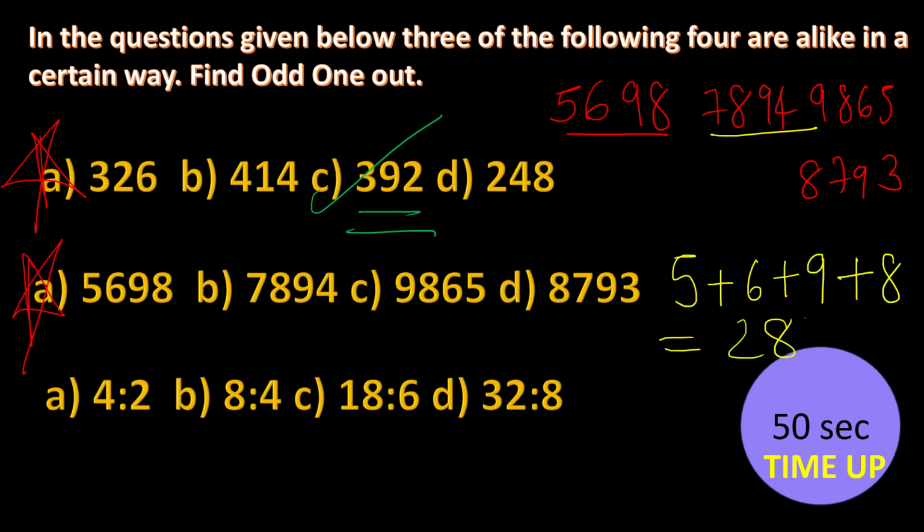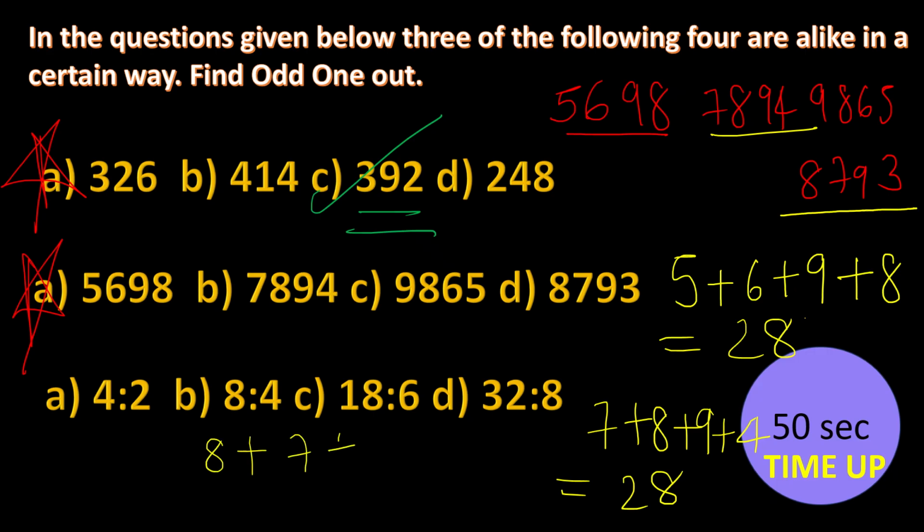If you take 7 plus 8 plus 9 plus 4, it will give me a sum of 28. So if you do the sum of 8793, I'll write here 8 plus 7 plus 9 plus 3. When I do, it will give me the sum of 27. So that becomes the odd one out,